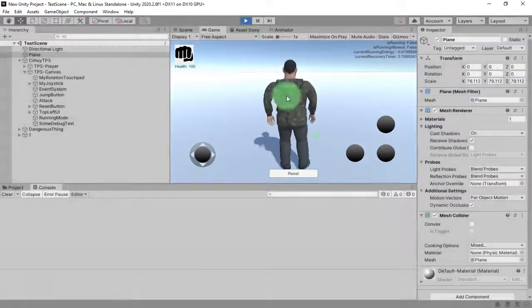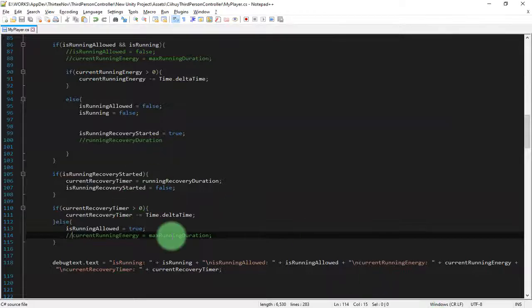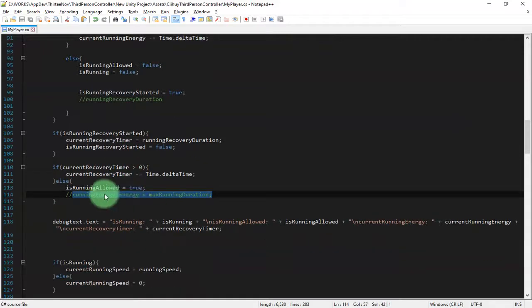Okay, so somehow we need to change this code. We need to move this line to another block that is the correct place for the code.